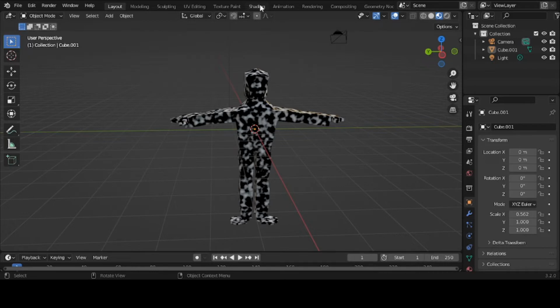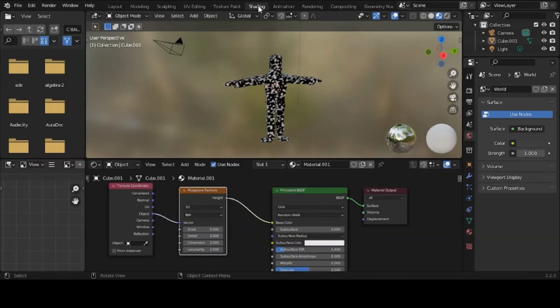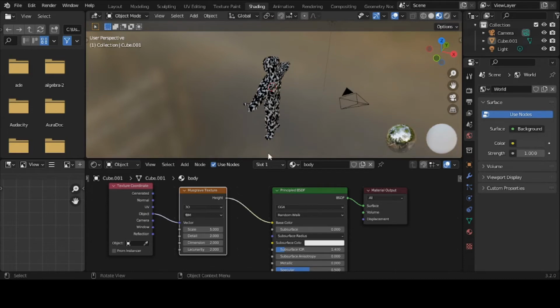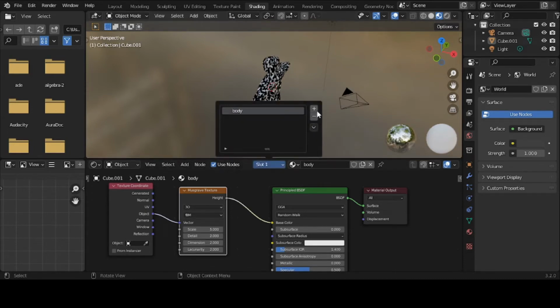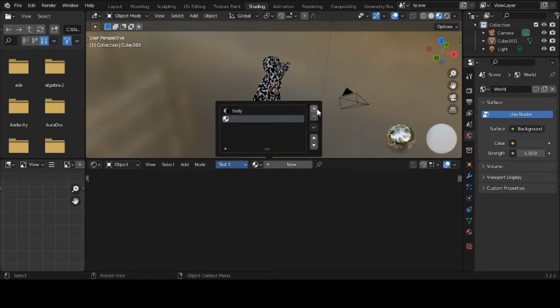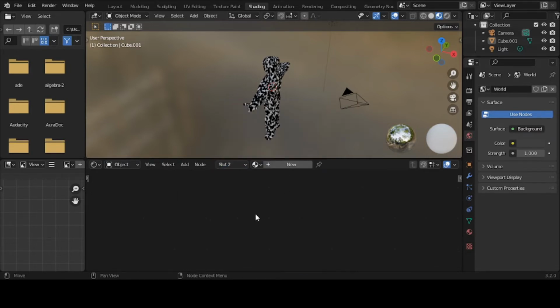Using this slot right here, I'm going to call this material body, because it applied to his whole body. You got my point? And then it's in slot 1. I want to add another slot. I'm going to click here, hit plus. I got a new slot now. I'm going to choose new, and I'm going to call this one arms,